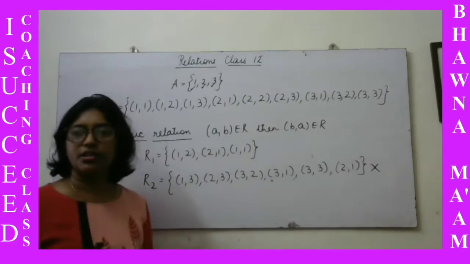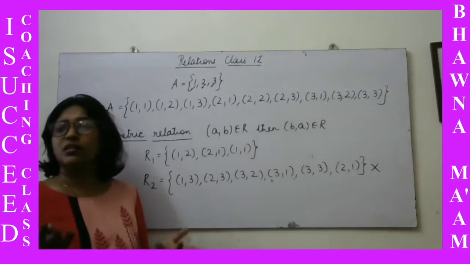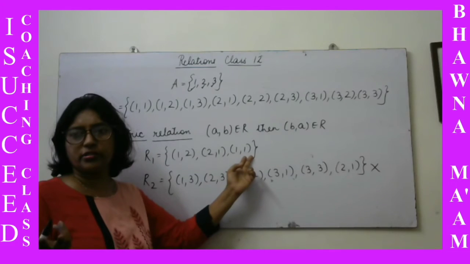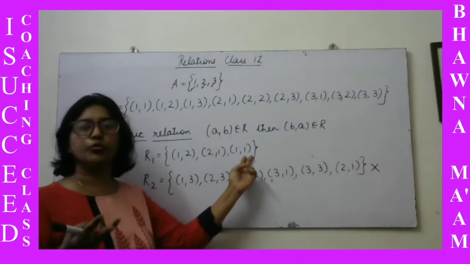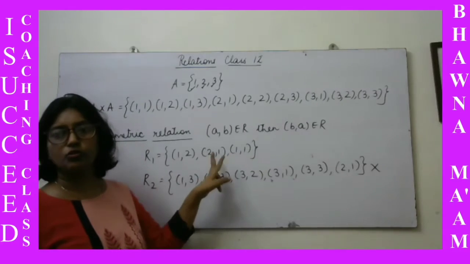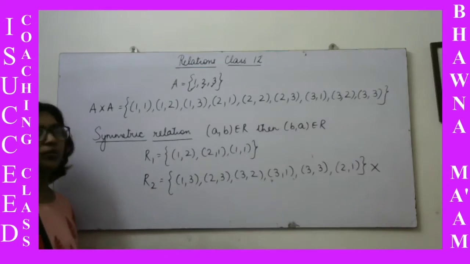Symmetric में एक ही condition है. अगर AB है तो BA होना चाहिए बस. अगर नहीं है तो I don't mind. यहाँ पे नहीं था 2 3 तो I don't want 3 2. 2 3 होता तो 3 2 भी चाहिए. ऐसे हमेशा pairs में आना चाहिए. 1 2 है तो 2 1, 2 3 है तो 3 2 like that. Okay, that is symmetric. Now we go to the next one.